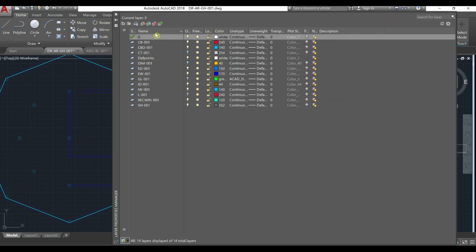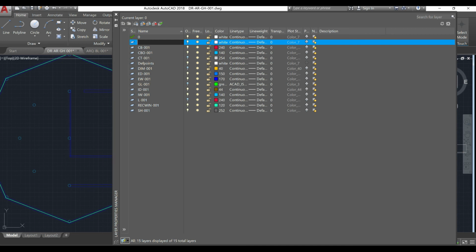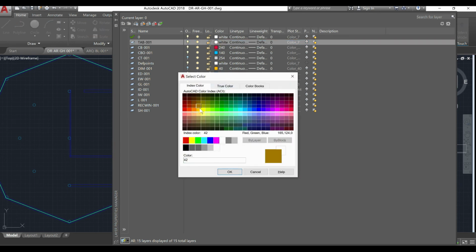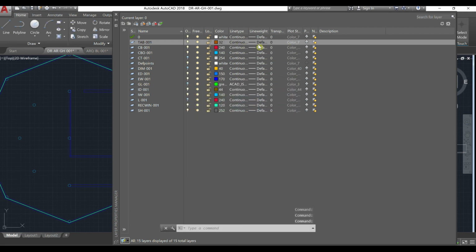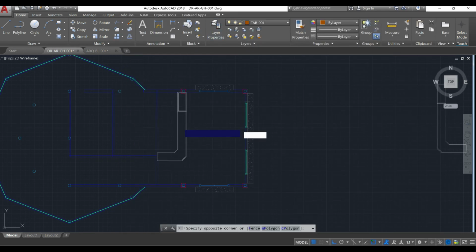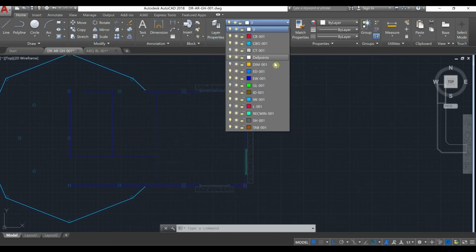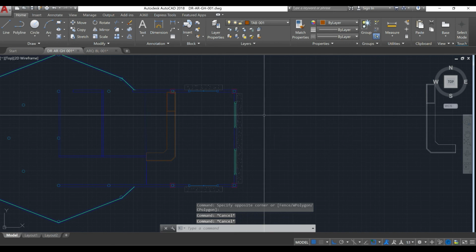So the first thing I'm going to do is name it tables 001, and I'm going to choose a color, like could be this one, 32. Okay, the type of line will be continuous and lightweight default. So let's select this one and let's change the table from layer 0 to layer